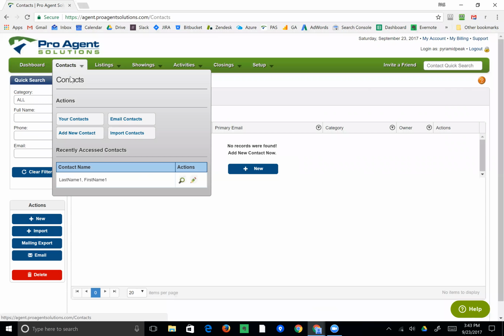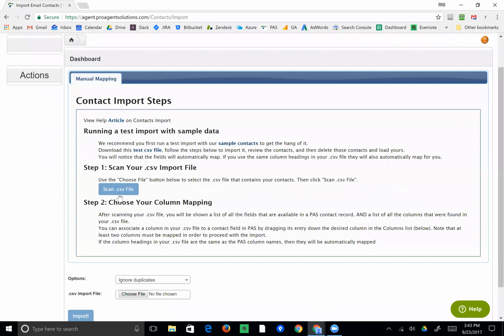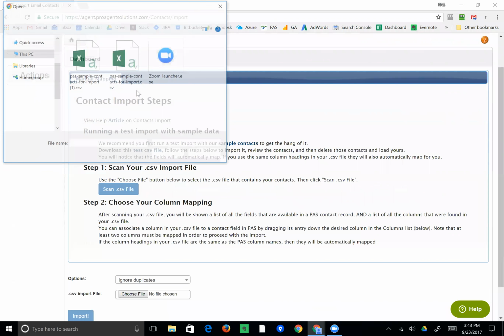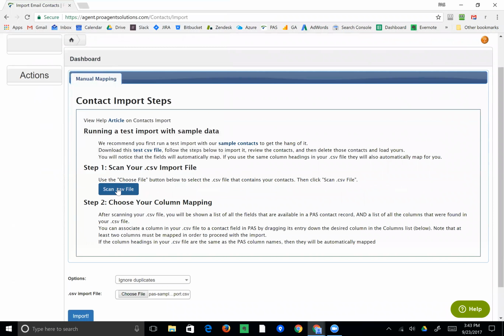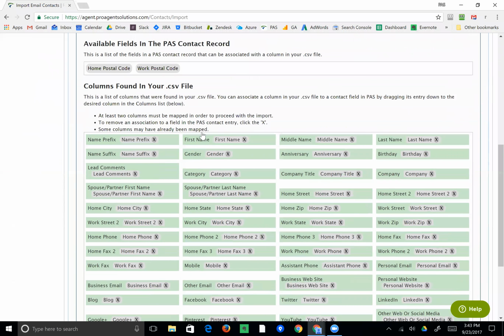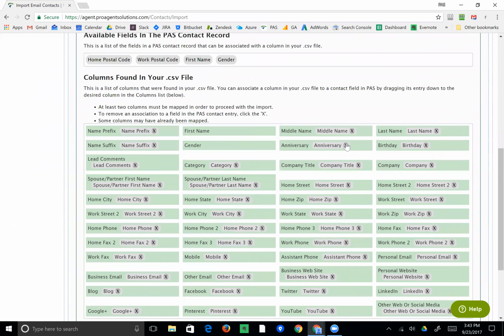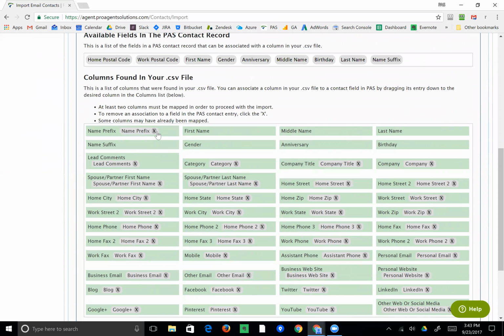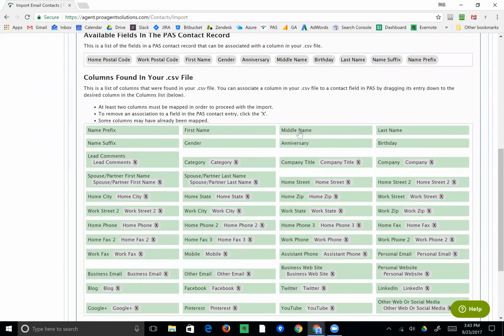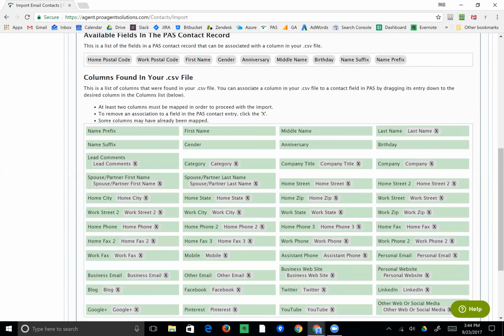So let's just try that again. I'll go back to import contacts, and I will select my contacts again, and then I'm going to scan it. Okay, and let's just remove some of the mappings so you can see this. Again, the green is the name of the header, or the first row in each column in the CSV or the spreadsheet. Here's what's in PAS. So I just want to drag last name up to last name, middle to middle,